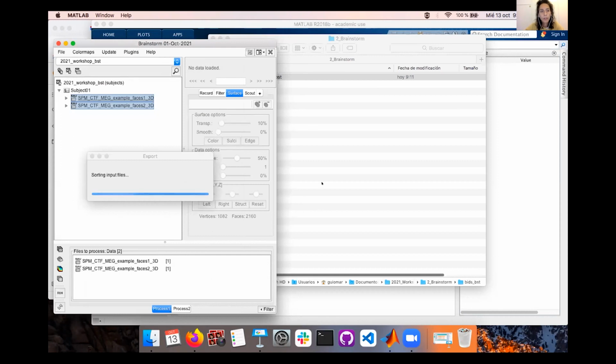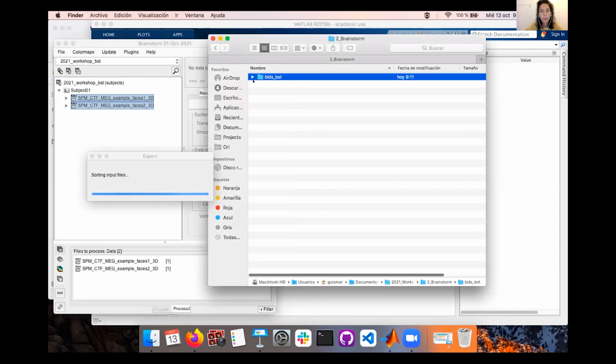And you'll see that it exports here. Well, it takes a while because it's long. It's heavy. We're writing MEG files. You see how it's starting to create the things.